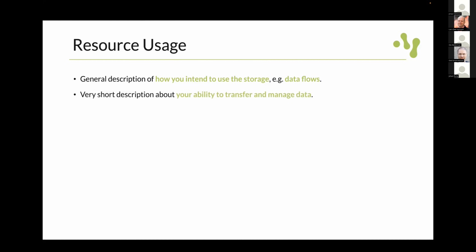You should also shortly mention a few words about your ability to transfer and manage your data. So if you previously have had several different Super projects, maybe for compute and for storage, which have led to publication, then it's of course clear to us that you have the ability to transfer and manage data. But if you don't have a history of Super projects, we would like you to specify that you and your team have the knowledge to work with data in